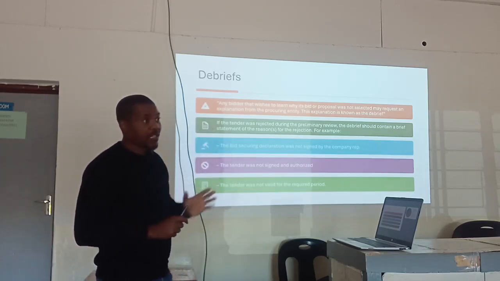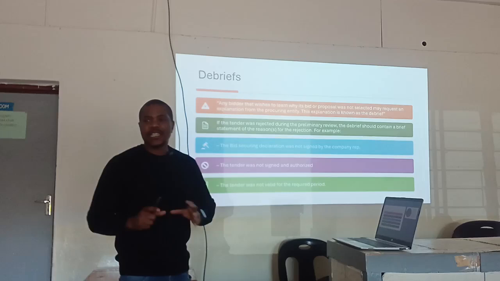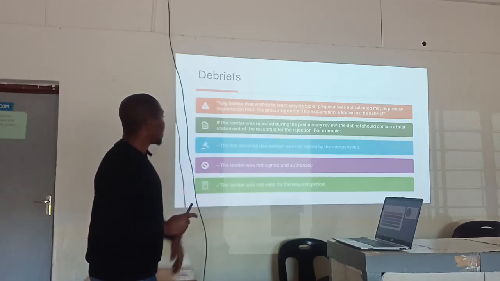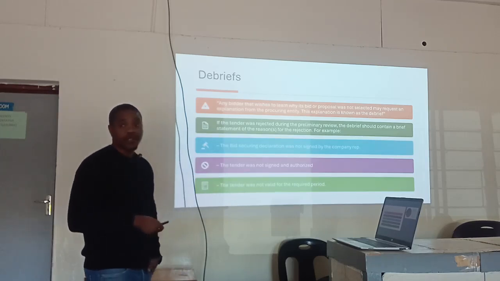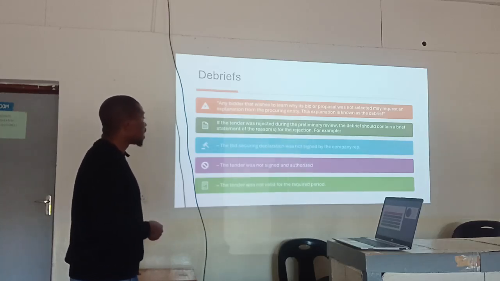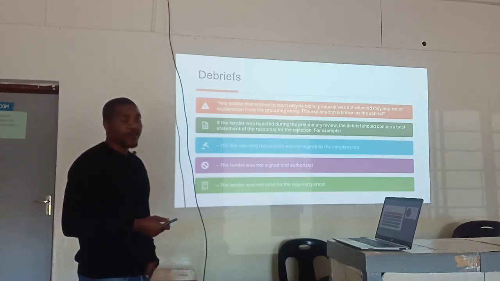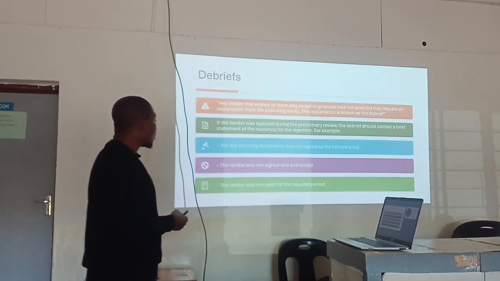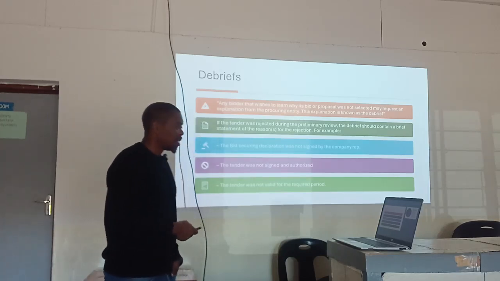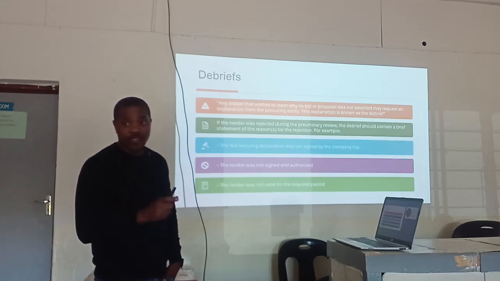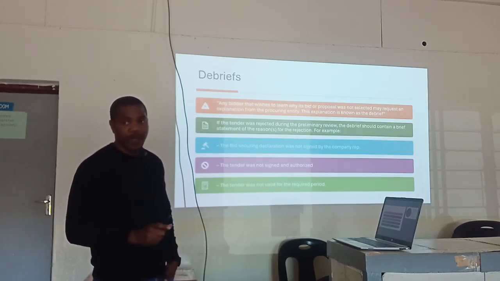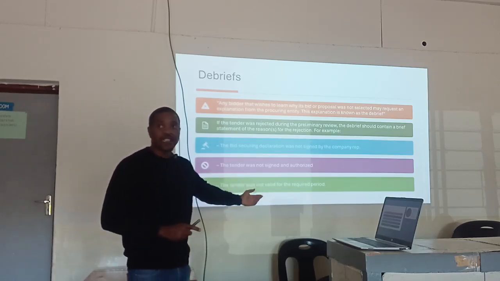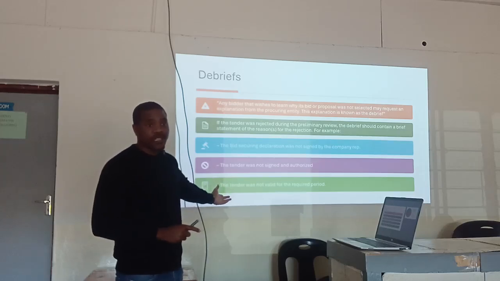Where we said we are looking at simple things that the supplier omitted, such as a bid declaration that was not signed by the company representative, or a tender that was not signed and authorized, or a tender that was not valid for the period. It means their validity was lower than the actual bid validity period. Yeah? If you wanted the tender to last 90 days and they only gave us 60 days,